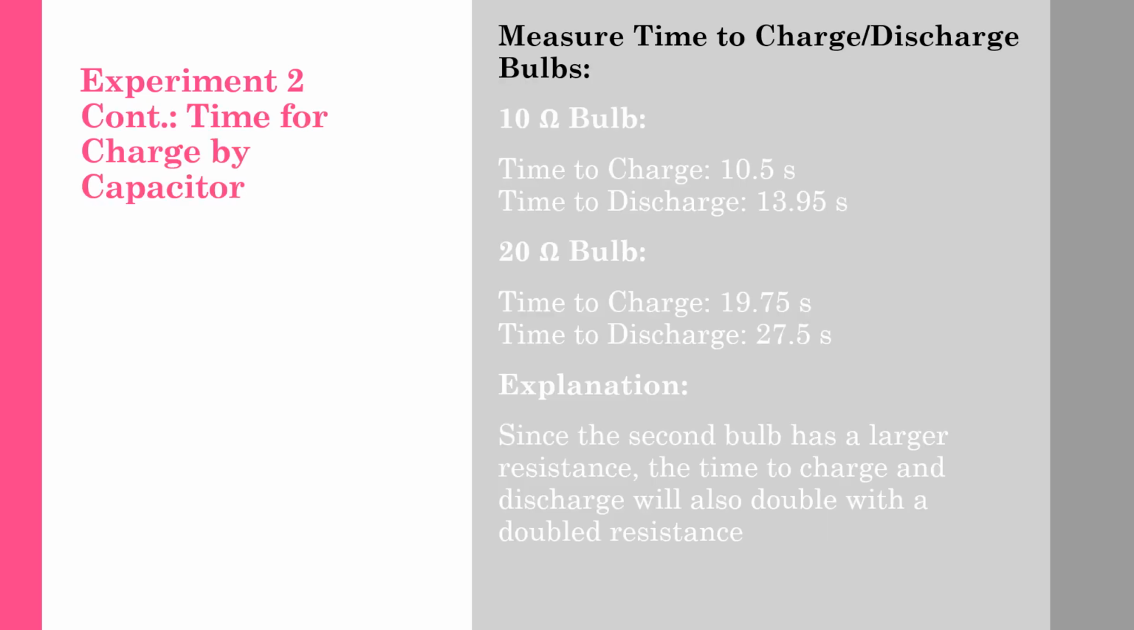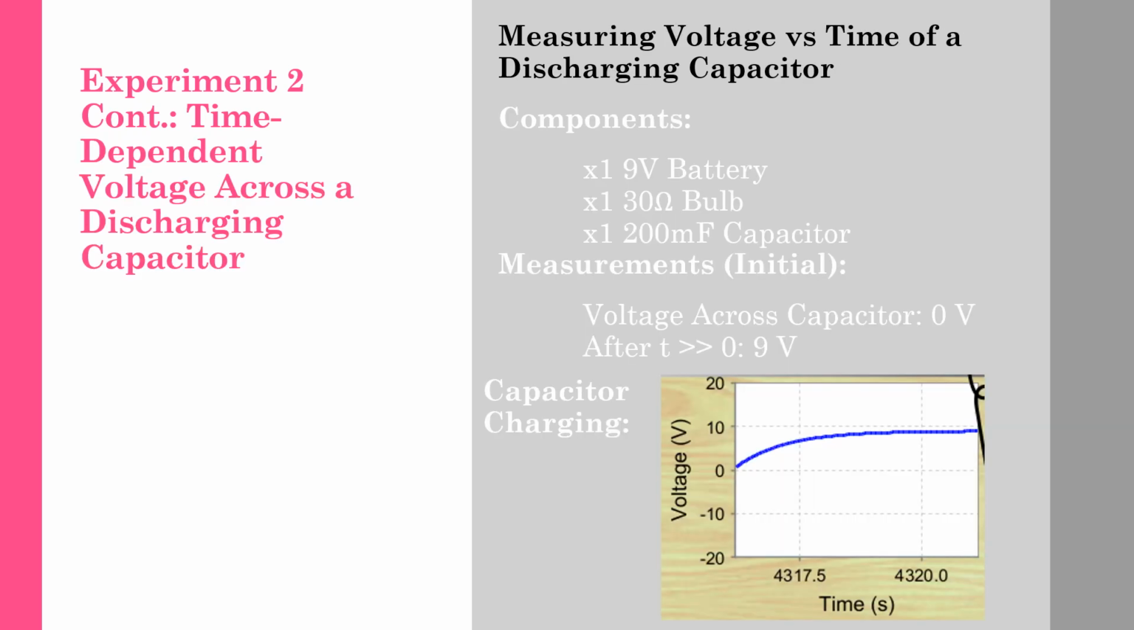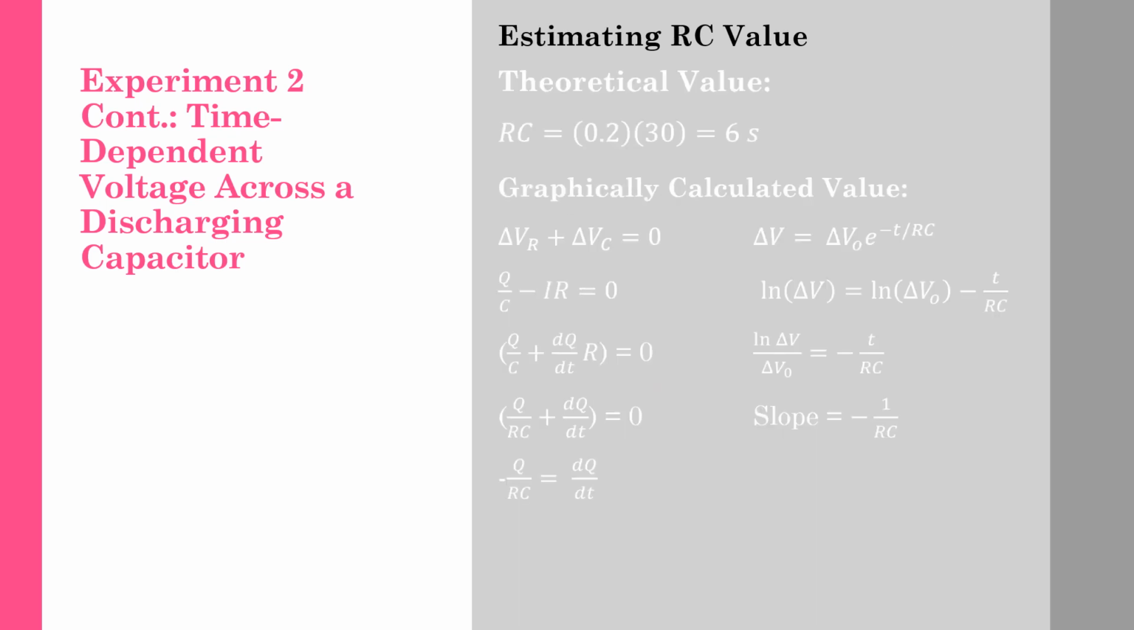When observing the time to charge a 10 ohm bulb versus a 20 ohm bulb, it was shown that the second bulb has a larger resistance, so the time to charge and discharge will double with the doubled resistance. Recreating this experiment with a 30 ohm bulb, we observed the voltage versus time graphs of the charging and discharging capacitor. When charging the capacitor, the initial voltage across the capacitor was 0 volts, but after t reaches infinity, it is equal to 9 volts. In estimating the RC value, you would do 0.2 times 30, which would equal 6